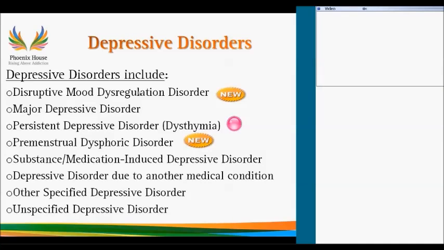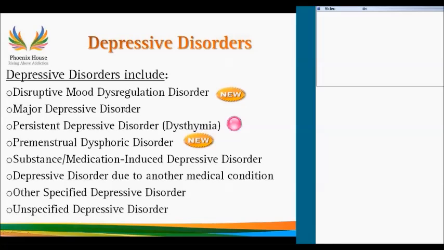And this is a disorder that pretty much was put into place because of the issue that has occurred over the last 2 decades, really, of diagnosing bipolar disorder in children. This is a very, very specific disorder. It requires a lot of different categorical minimum qualifications in order to meet this disorder, and it cannot be diagnosed once the patient is above the age of 18. So in other words, once the person has reached 18, they have to be reevaluated for another type of mood disorder. That is something that if you're working with children and adolescents, you definitely want to look into this.